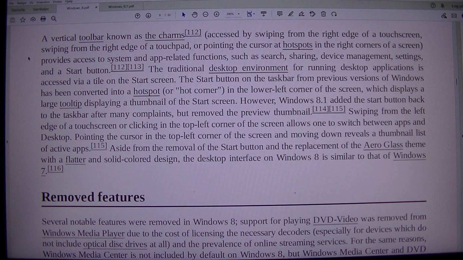The traditional desktop environment for running desktop applications is accessed via a tile on the Start screen. The Start button on the taskbar from previous versions of Windows has been converted into a hotspot, or hot corner,